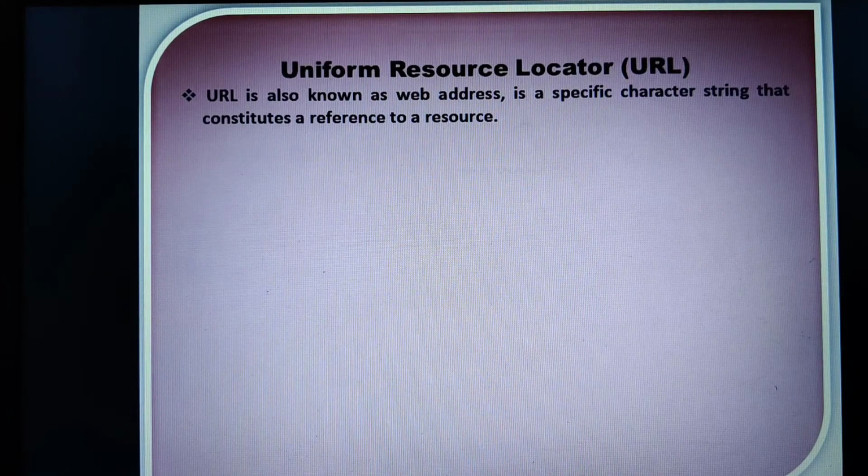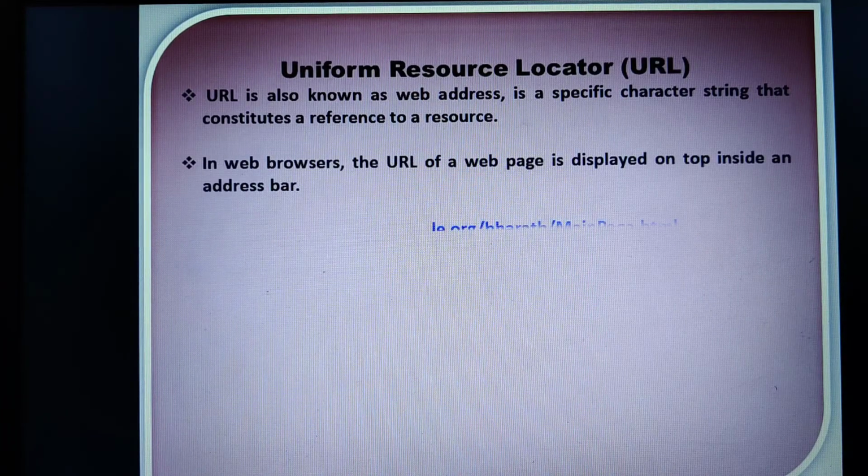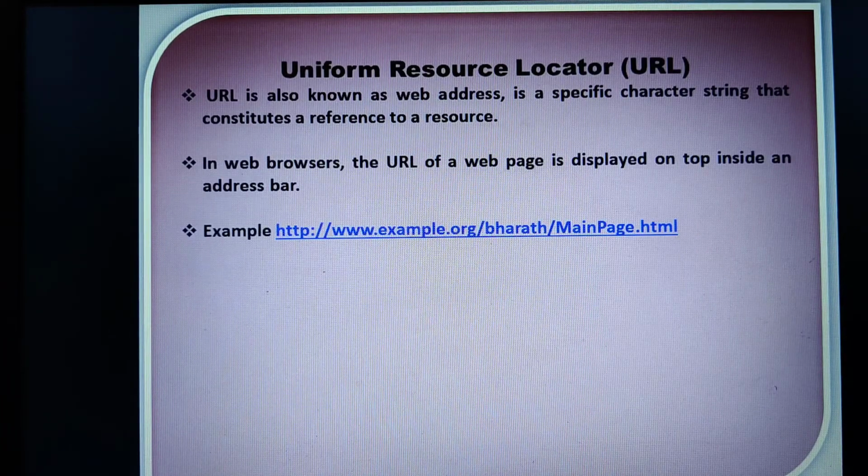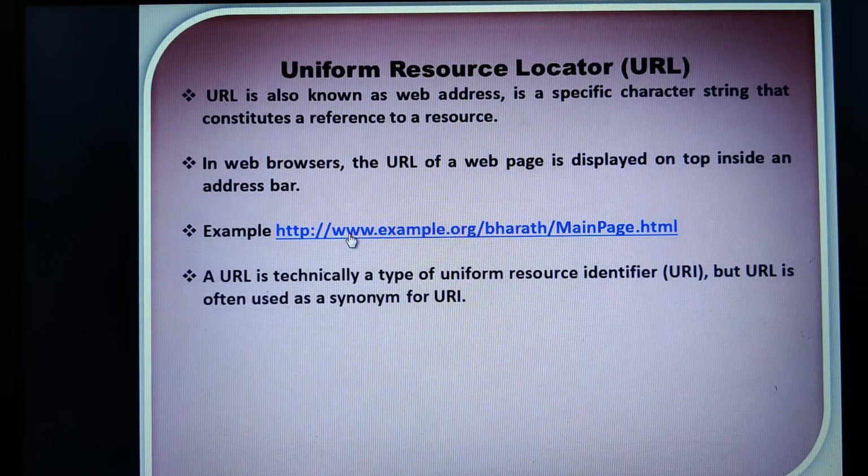Now, where do you usually find this URL? In web browsers, the URL of a web page is always displayed on top inside an address bar, isn't it? Here comes an example: this complete address is placed into the URL that appears at the top inside the address bar of any web page or web browser.